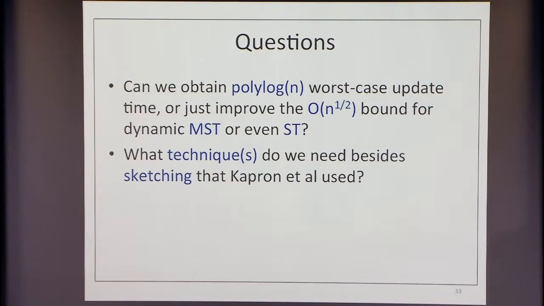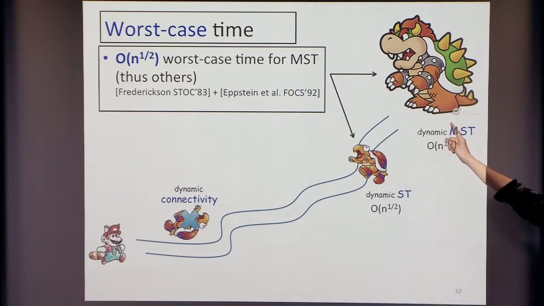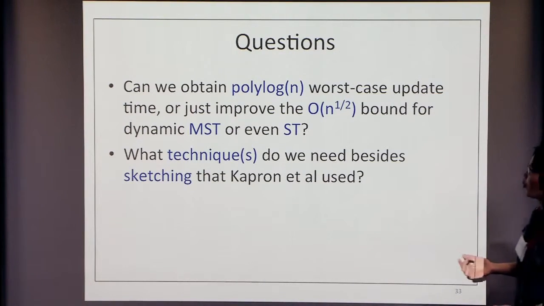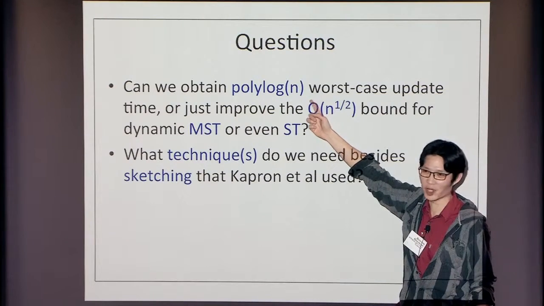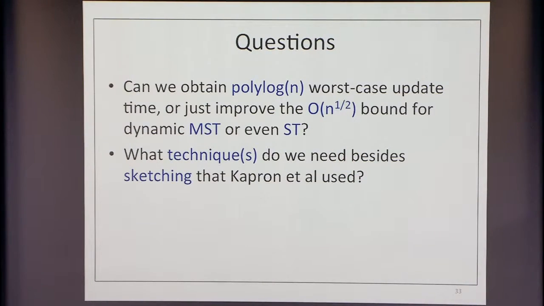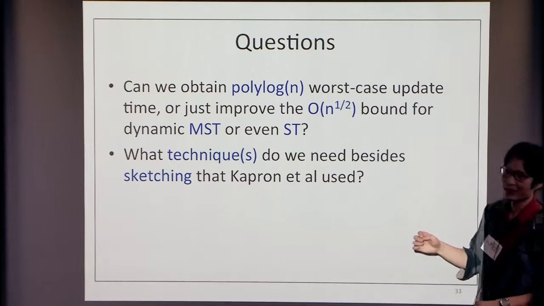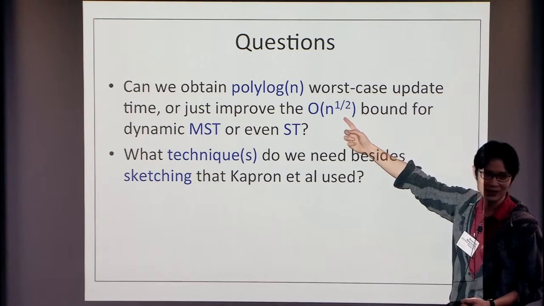So this MST is basically what I want to try to say something about. A few questions about this dynamic MST problem. One big problem is, can you get polylogarithmic time, which means that you probably solve the whole thing. Some people believe that it's possible because usually all these three questions go together. If you solve one, usually later on you manage to solve others. So probably it's possible. But right now, an even smaller question is, can you just break the root n time of